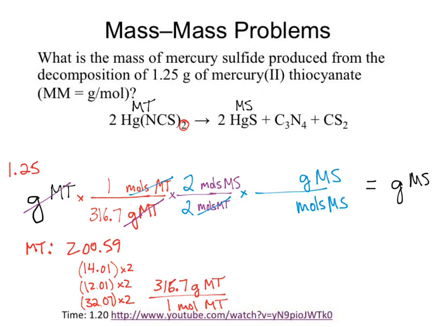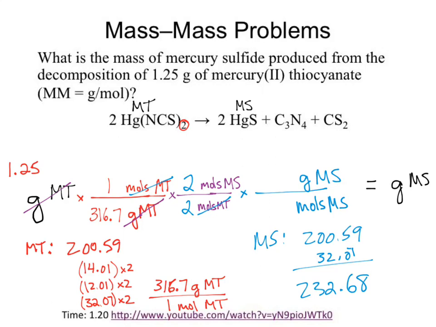Gut response almost always for a lot of people is to put in that 316. What's wrong with that? The 316 is a gram per mole value, but that is the gram per mole for MT. What do we want? MS. So we would have to go through and total up yet another situation. Take our mercury at 200.59, our sulfur at 207, get our new molecular weight, 232.68,